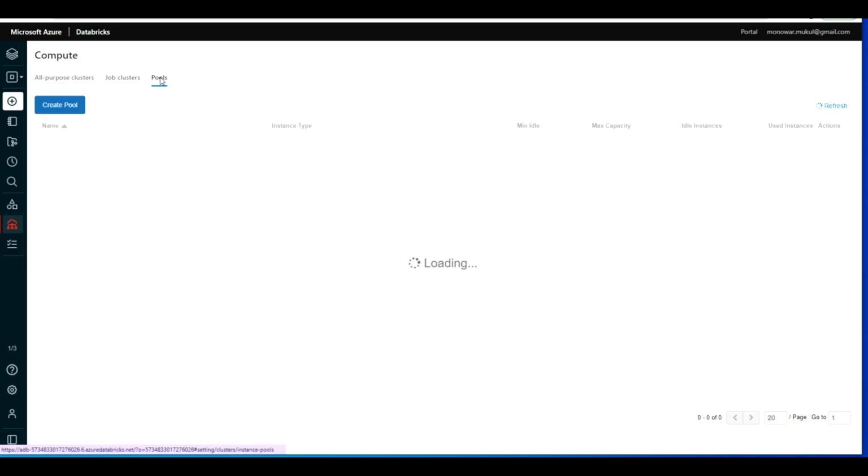So let's go to pool. To create a pool, what is the good thing with that one? When you create a cluster, we can define a pool name. So if there are many clusters and we have a pool defined, then it's easy to deploy a cluster. So let's click on create pool,